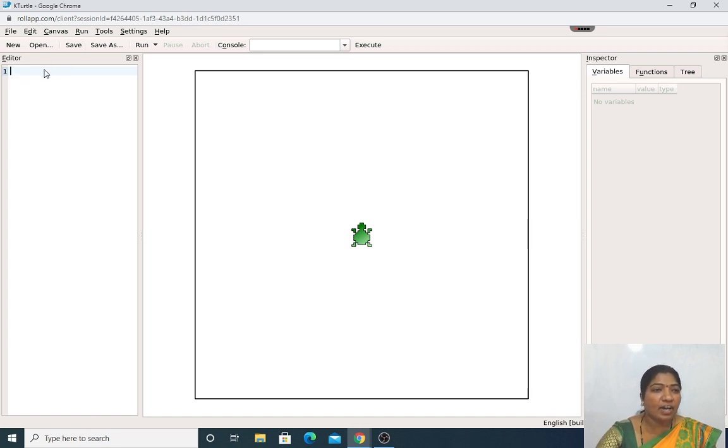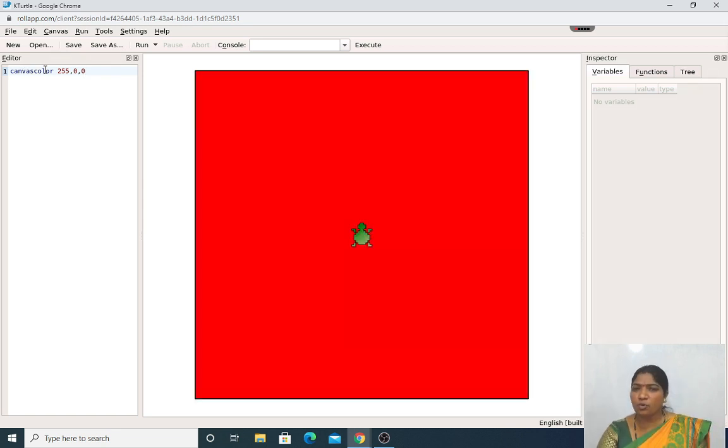For example, if I am writing the command canvas color, that is CC command, instead of writing canvas color, we can make use of CC. By this, I will be making use of 255 in red, comma 0, comma 0. What actually happens? I'll just press F5. Did you notice it, my dear students? The color of this will change to red.